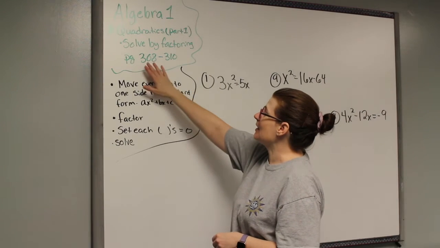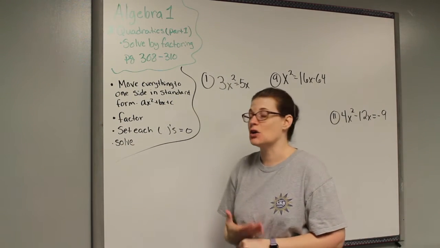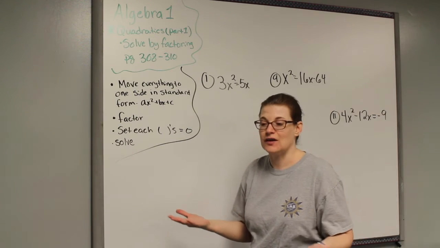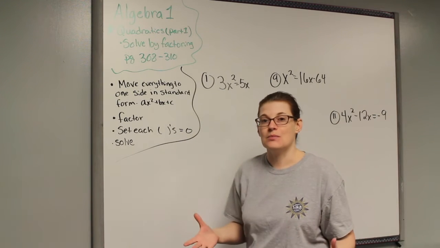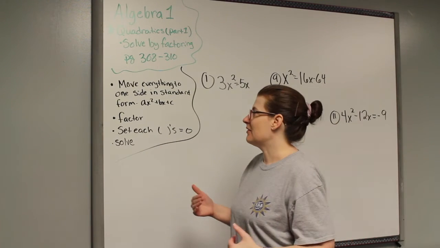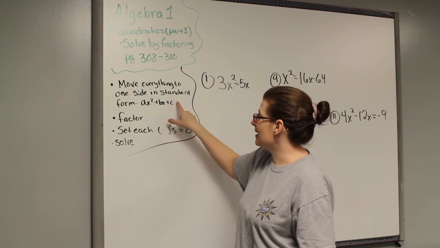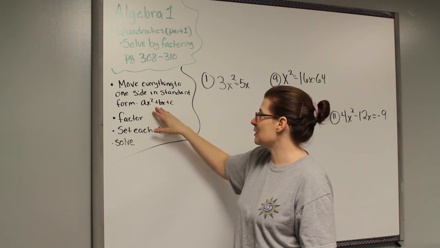If you're in my class, we're on pages 308 to 310. This is quadratics, solving by factoring, which we've done before. We spent about a month on all the different types of factoring, and at the end we learned to solve by factoring. The steps mainly are to move everything to one side in standard form, ax squared plus bx plus